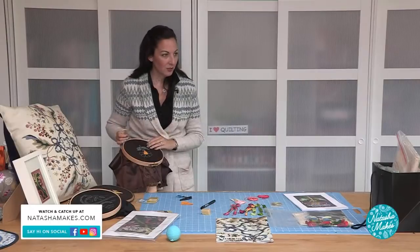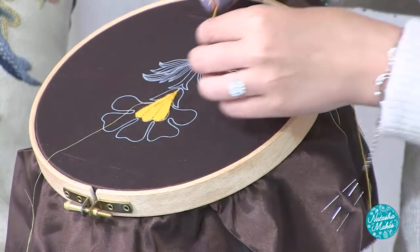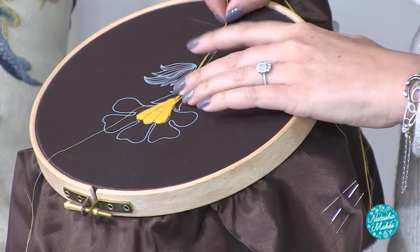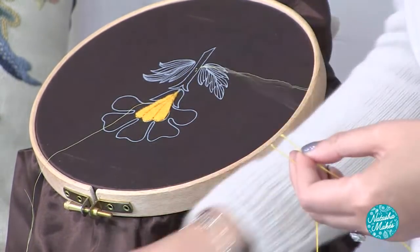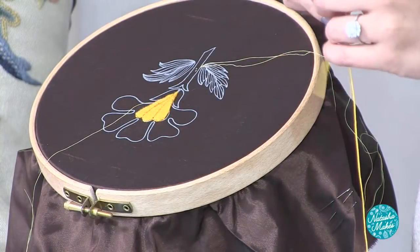So what we're going to do is, if we come back to, there you go. I'm going to allow an inch extra at the top, and I'm going to walk it down the shape and allow an inch extra at the bottom. That's going to become my marker. So I'm just going to snip through that. And then what I'm going to do is...